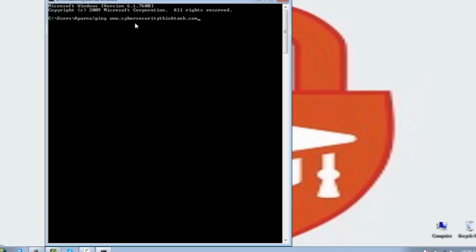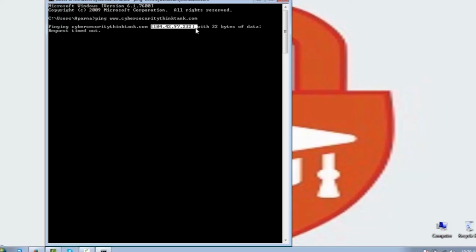Pressing enter. So it's pinging that particular site. We got the IP address of the website, 104.42.97.232, but we got an error,